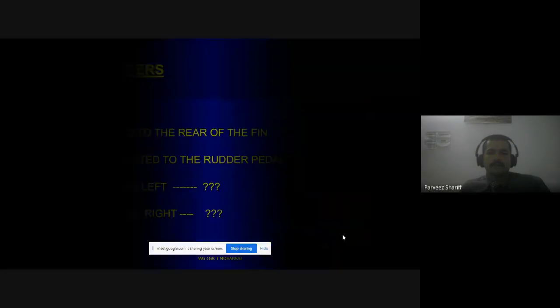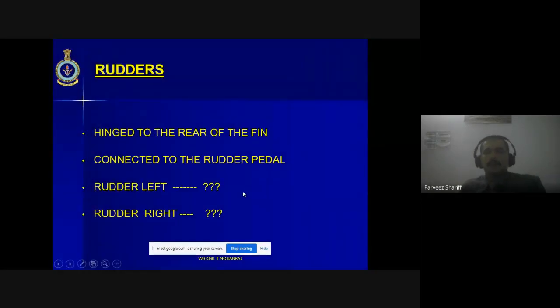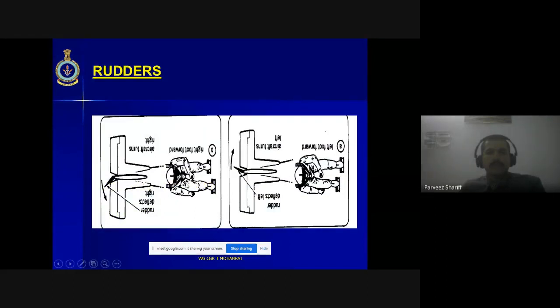So basically what happens is that the rudder moves to the left and the aircraft also moves to the left, so that we can see from this. Now here the right pedal is pressed and the rudder has moved to the right. So what happens? The camber is increased and the lift from the starboard side increases at the tail fin, and then the aircraft turns right, and likewise on the left side.